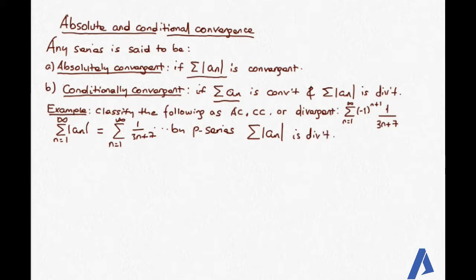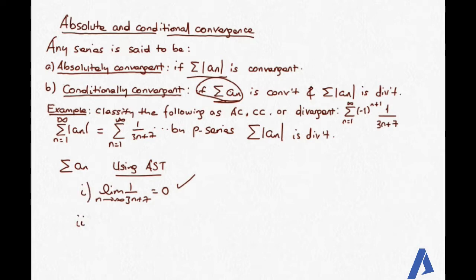ስለዚህ ይሄኛው ዳይቨርጀንት ከመጣ ራሱን ቼክ እናደርጋለን፣ ማለትም summation of n ን ቼክ እናደርጋለን። summation of n ግን -1 the power of n plus 1 times 1 over 3n plus 7 ነው። ስለዚህ ኦልተርኔቲንግ ሲሪስ ቴስት እንጠቀማለን ማለት ነው፣ using AST ቼክ እናደርጋለን። the limit of 1 over 3n plus 7 as n approaches infinity እንደምናውቀው 0 ነው። ስለዚህ የመጀመሪያው ኮንዲሽን ሳቲስፋይ ተደረገ።